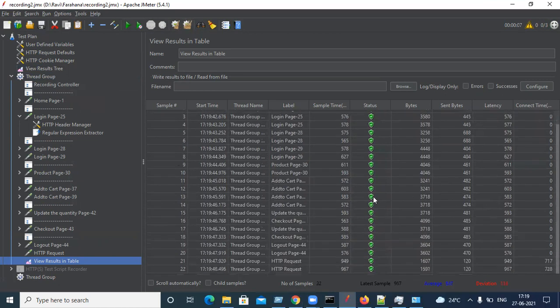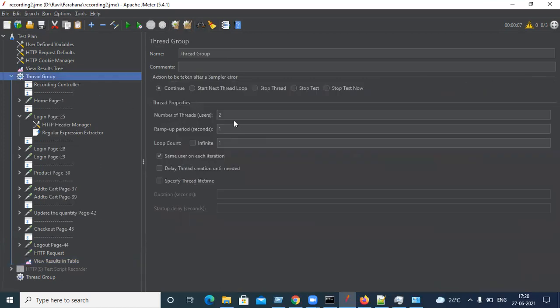See, total trigger 22. It means we have 11 APIs, one user. So 2 users means 22. If I run with 5 users, it will record a total trigger of 55 APIs. Correct? Yeah. So now, how are these users responding? I mean, when to start, whether they want to start at the same time, whether there is some gap or time delay, how they will talk, right? So that decides this ramp up.